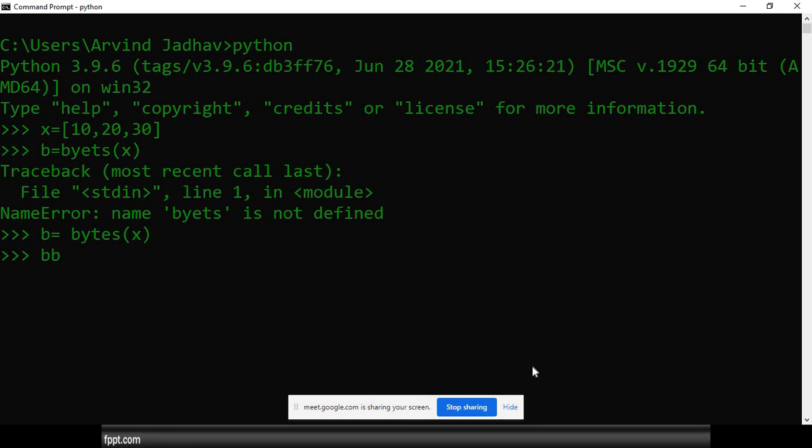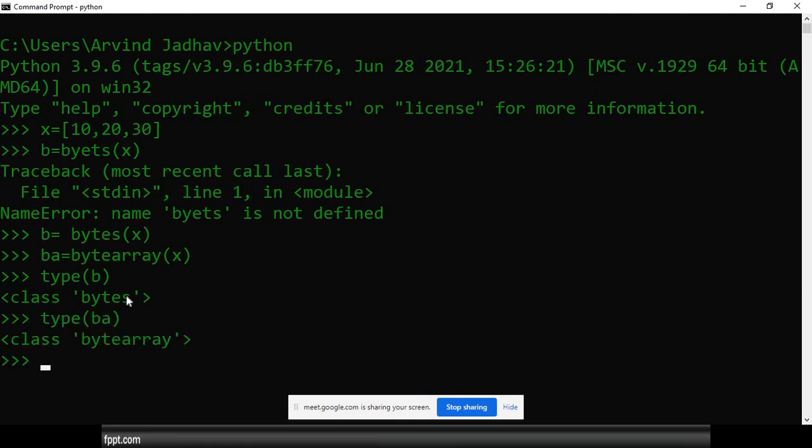I will also use ba as a byte array, byte array of x. So the bytes will be stored in b, and ba contains the byte array. If we want to check the type, we can check type of b and type of ba. So we have bytes as well as byte array.